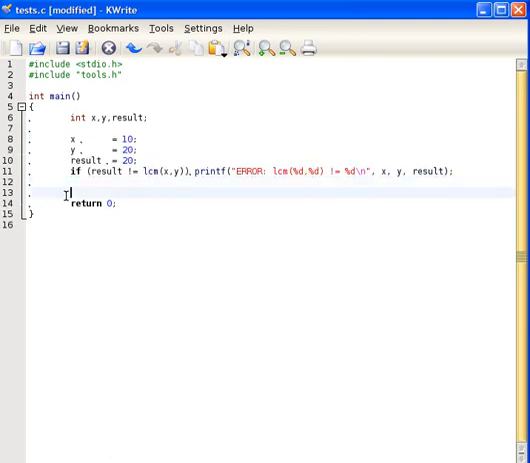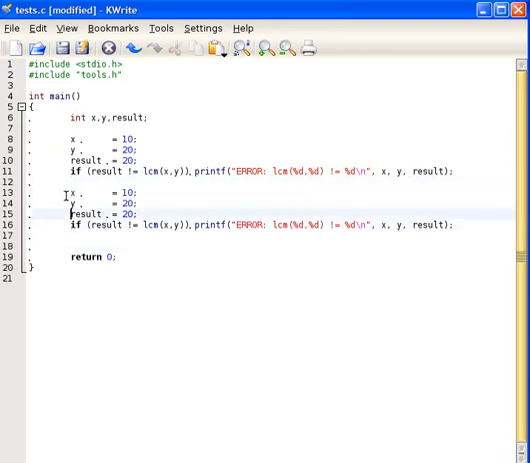I'm going to move forward and do the next test. The next test was 3, value of x is 3, 9, and the expected result was 9. So once again, I'm going to compare the actual call to my expected result,